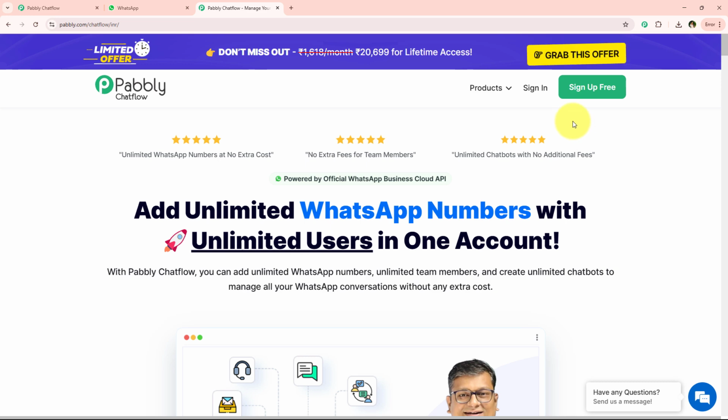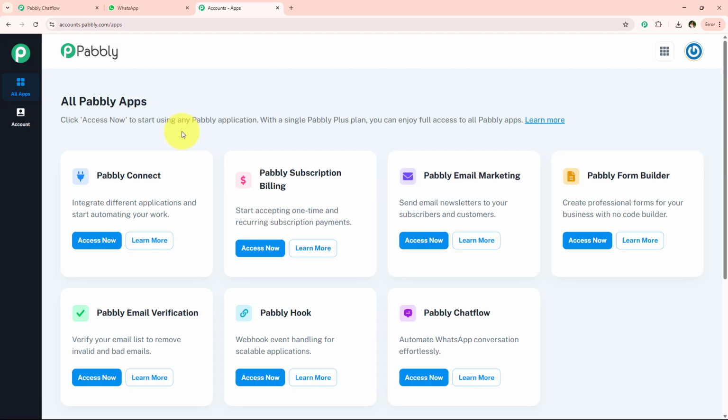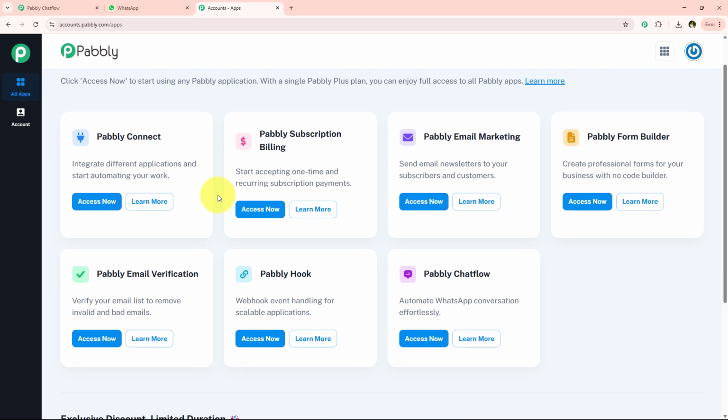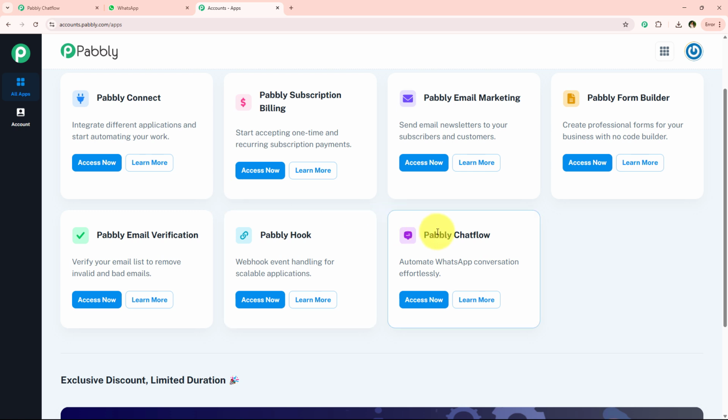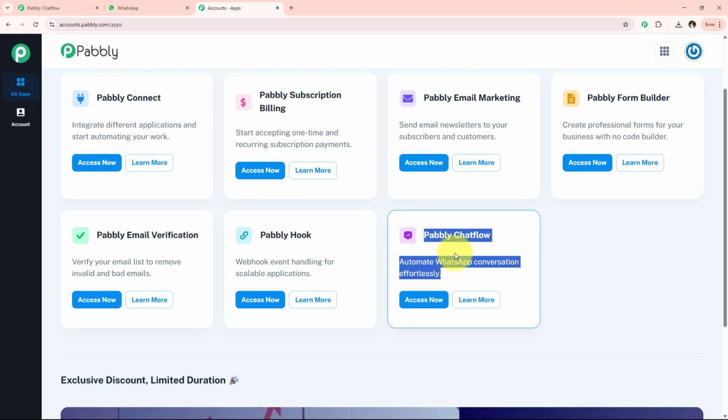But over here I am an existing user, so I'm simply going to click on this sign in, and as soon as we click on this sign in, it opens all Pabbly apps, and over here you can see all the tools and applications offered by Pabbly. But in today's video we are going to use Pabbly Chatflow because I want to automate WhatsApp conversations effortlessly. So I'm simply going to click on this access now right over here to access my Pabbly Chatflow account,